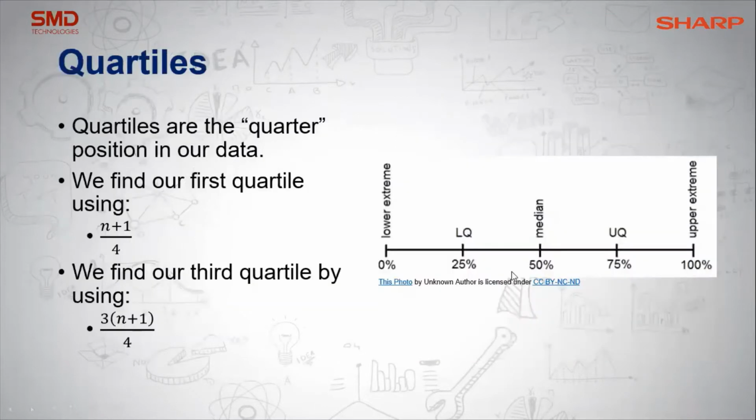Alrighty, so the next thing that we need to look at is quartiles. Now, quartiles are the quarter points in our data. And quartile 1 is basically the median of the lower half of your data, and quartile 3, or upper quartile, is the median of the top half of your data. That's basically it. So a quartile is a quarter. So we use the formula n plus 1 divided by